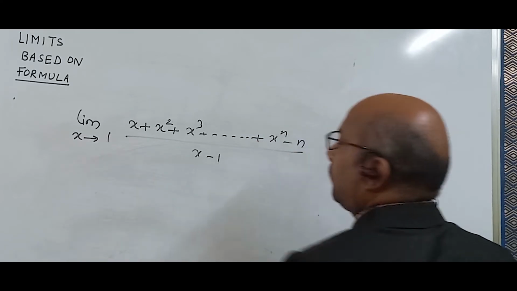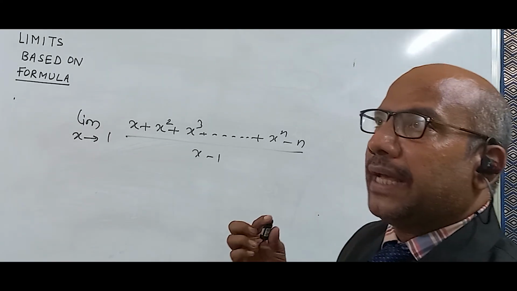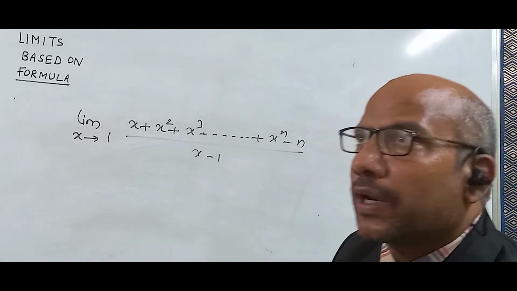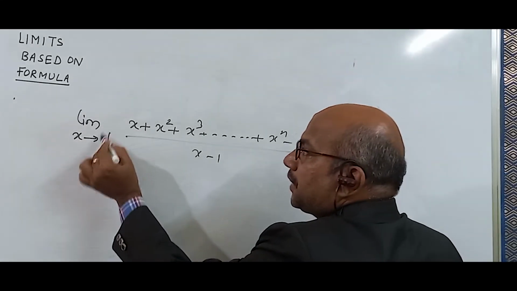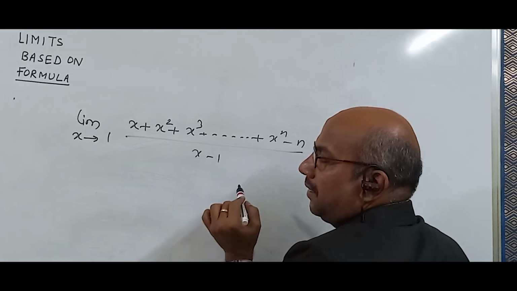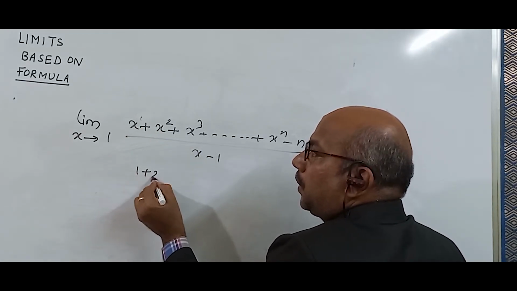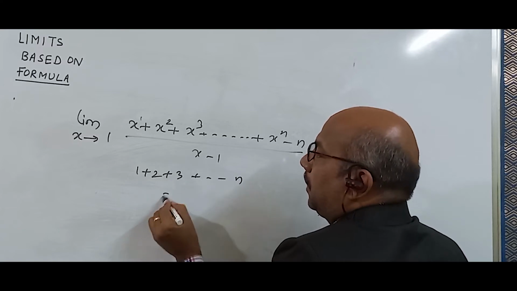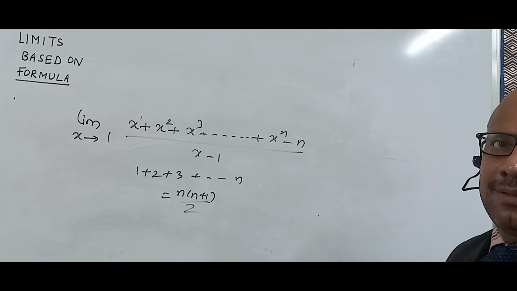This type of sum. Now, even if you take up L'Hopital rule, it will take time, one more extra step. But now you have got a concept. So, x tends to 1, each part is becoming 1. So your answer depends only on the power. So 1, 2, 3, dot dot dot, n. Answer is n into n plus 1 by 2. So in one step you will get the answer.